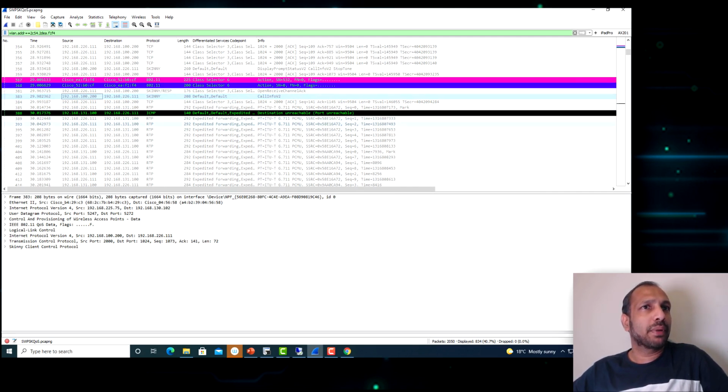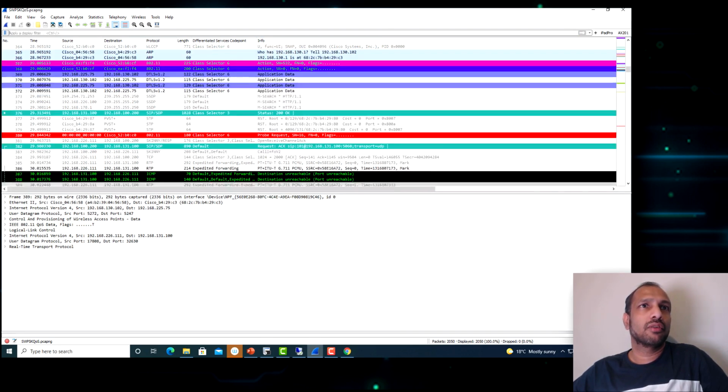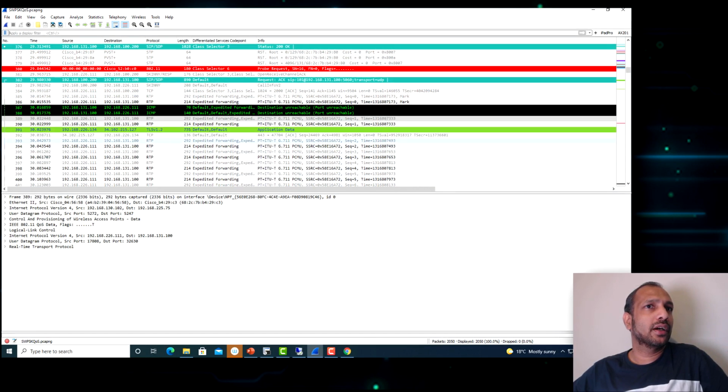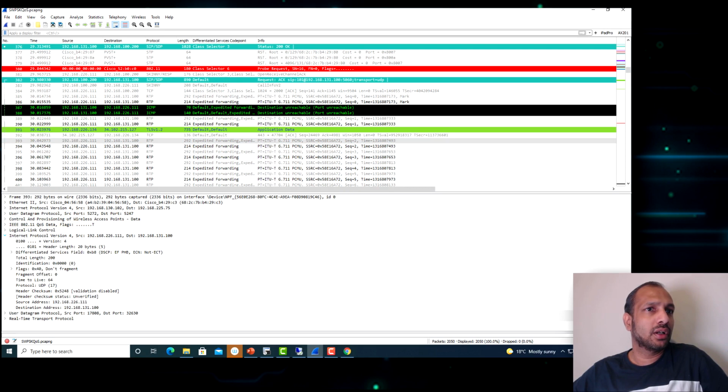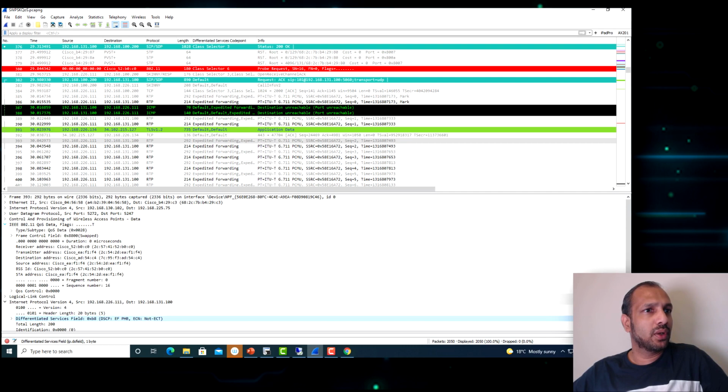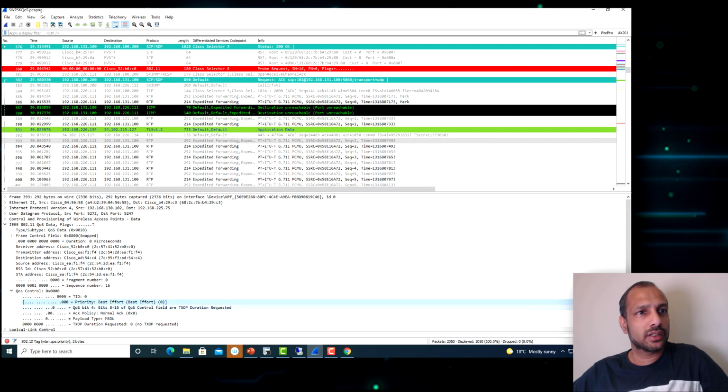Okay, but on the payload side of traffic, now again I will get rid of this filter, because for the switch side traffic I will be removing that filter. So now this is the area where we get traffic. In this particular time, this is the CAPWAP traffic. In the CAPWAP traffic, the original payload is EF, and then in the wireless encapsulation in the QoS control, again this side, as we said, I think this is not a problem.